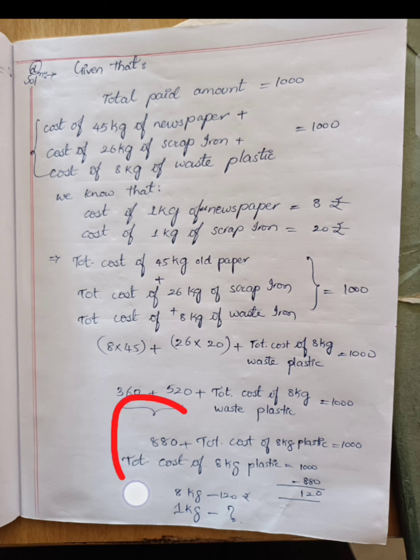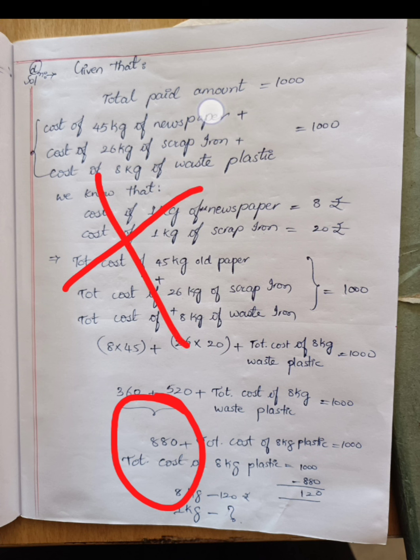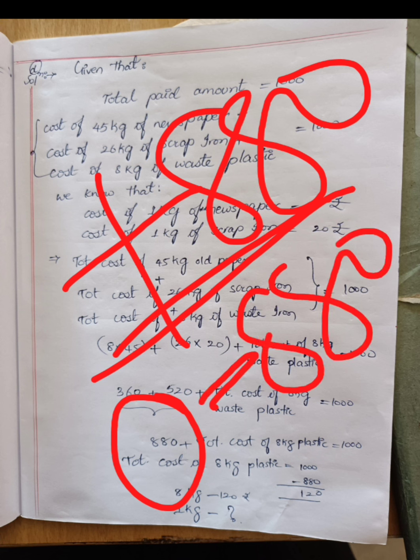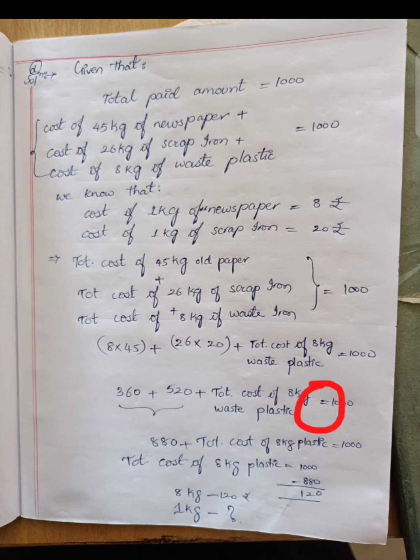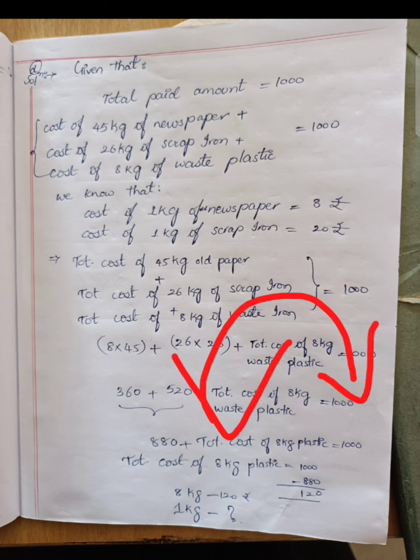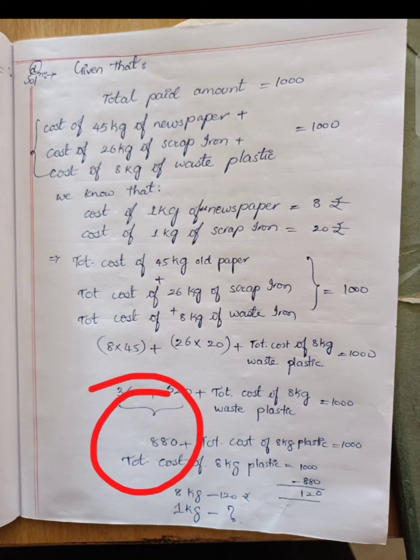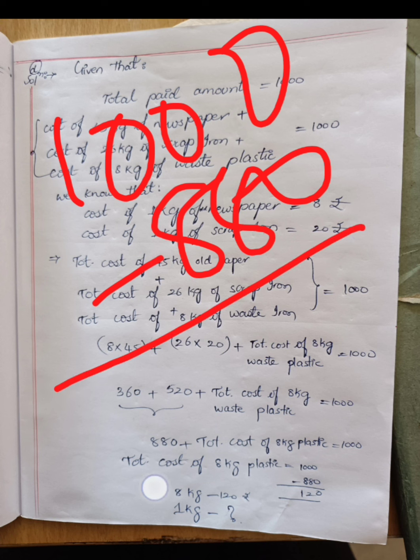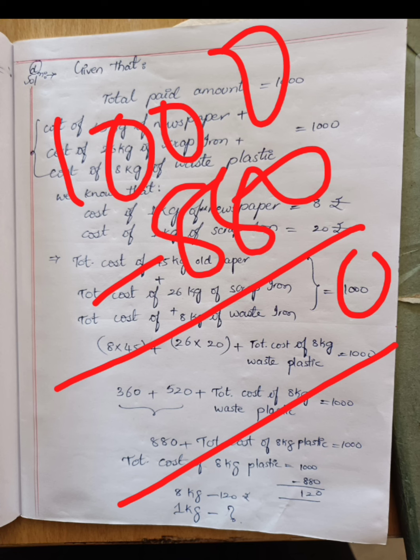How can we remove? First look at the sign with 880, it is in plus. If we want to remove the plus numbers, obviously what we have to do? We have to subtract the same number. Where we have to subtract? It is in equation, so on both sides of the equation we have to subtract. Okay, so this side also minus 880 and 1000 minus 880. When we are subtracting, what do we get? 0 minus 0, 0. 0 minus 8 is not possible, so we need to take borrow.